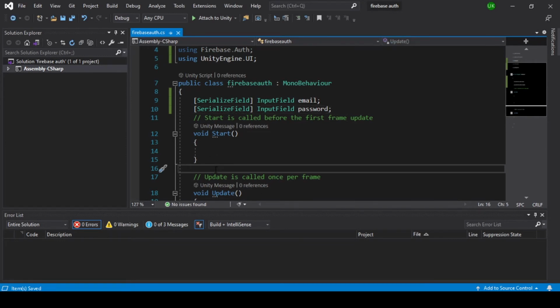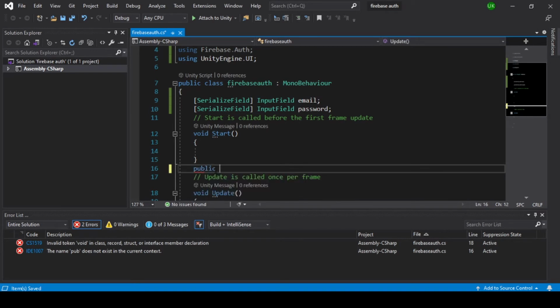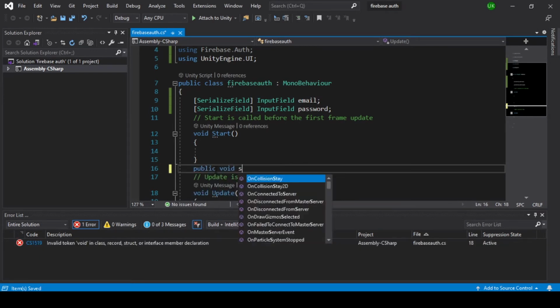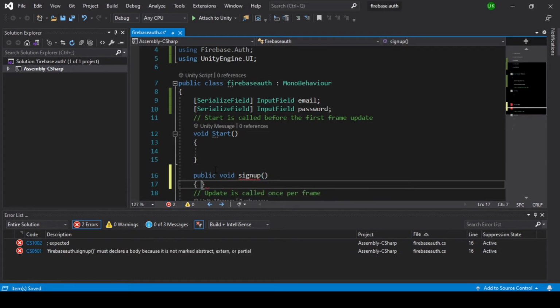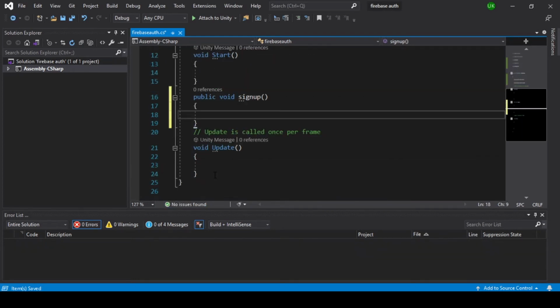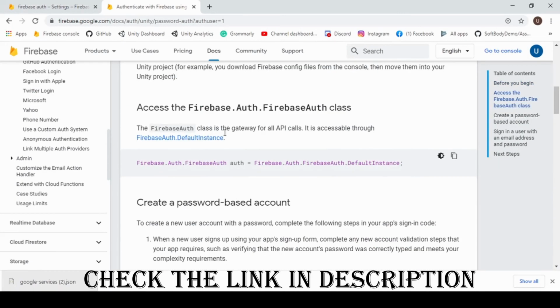Now create a public void function for sign up. Documentation for Firebase authentication: check the link in the description below.